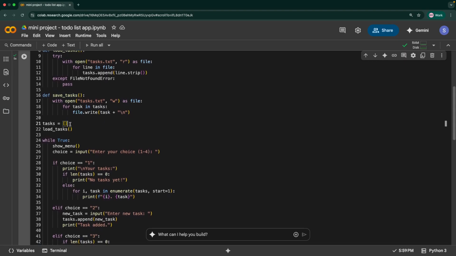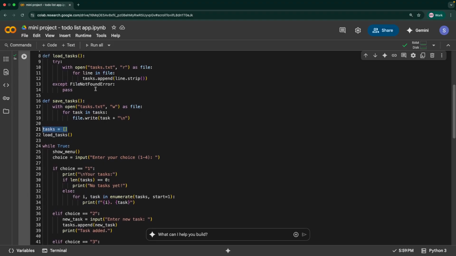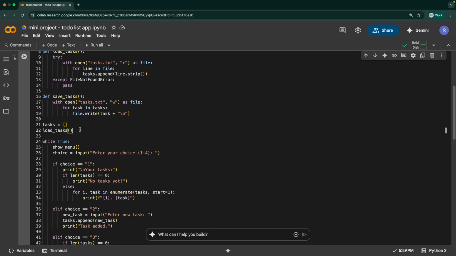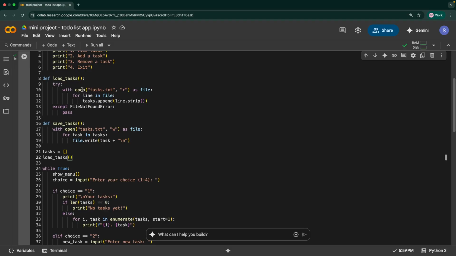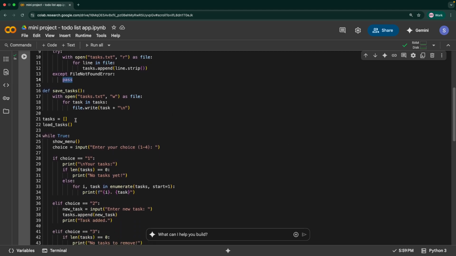Okay, so this is where we are initiating the task list, which we will later append to. And then we have this load_tasks, which runs when the application starts. For the first time, it doesn't mean anything because an exception would be raised and it would get passed here. But in subsequent runs, it is just to load the tasks from there. So we will start with an empty list named tasks over here. Then we call load_tasks right away, so any previously saved tasks are loaded at the start of this application.